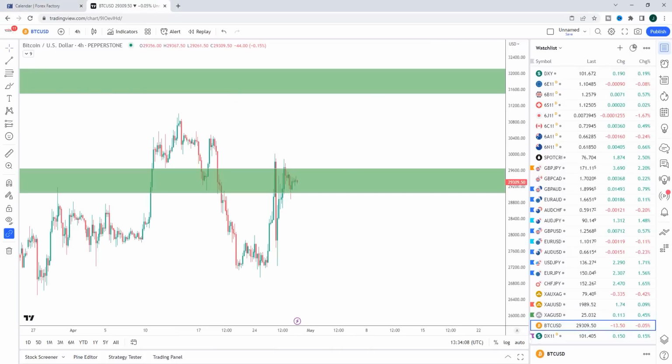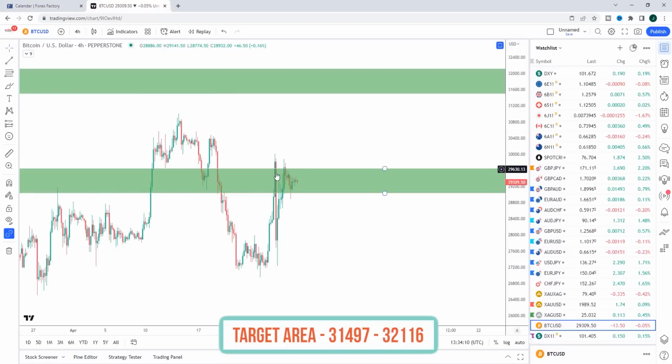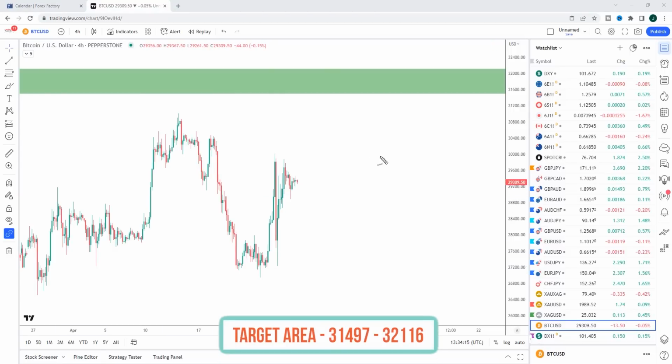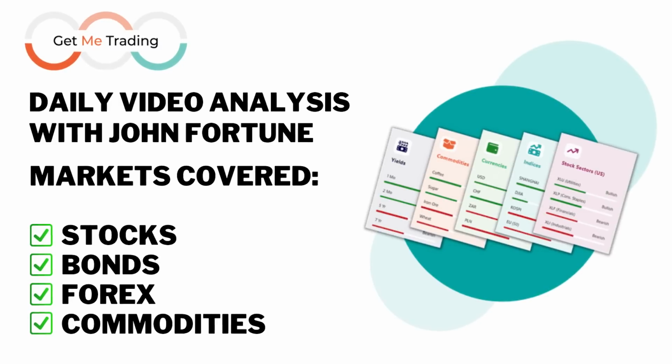And last but not least, we have Bitcoin. Now, Bitcoin traded into the max profit taking area highlighted last week. Coming into this week, I do on balance favor Bitcoin to the upside, but again, I would really want to see a weakening of the dollar from FOMC on Wednesday. So if we get a weakening of the dollar and Bitcoin breaks out, you could look up towards the 31,600 area in Bitcoin. So that is it for me for this week, guys.